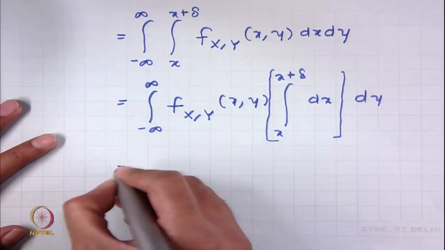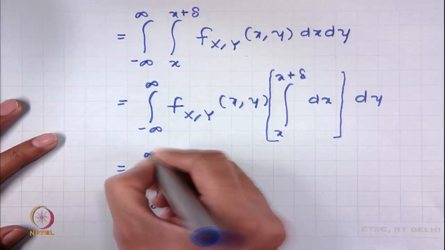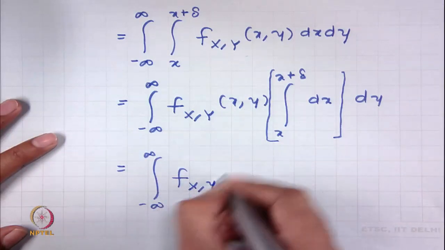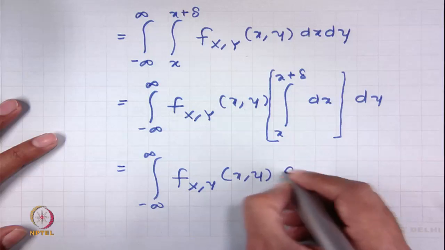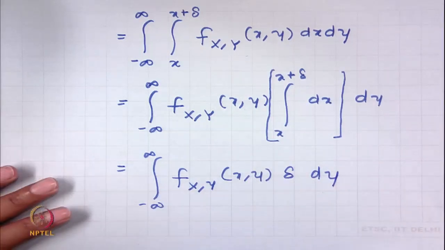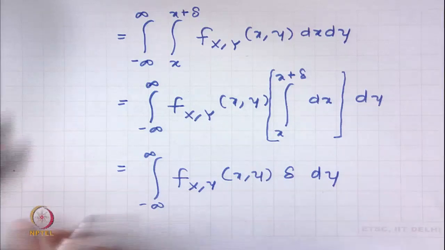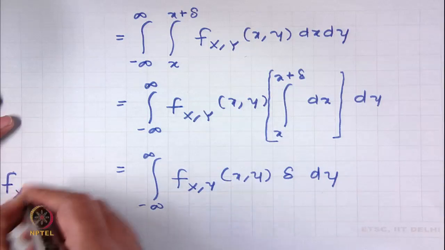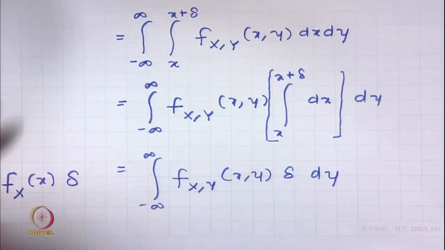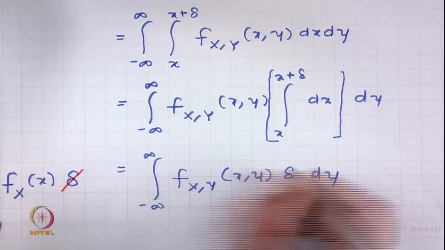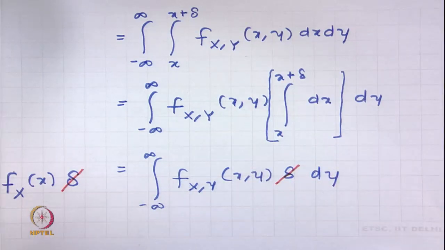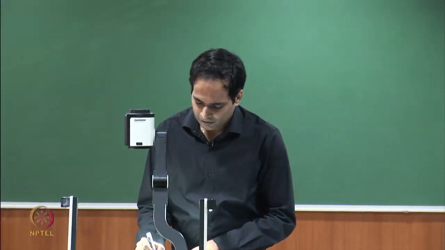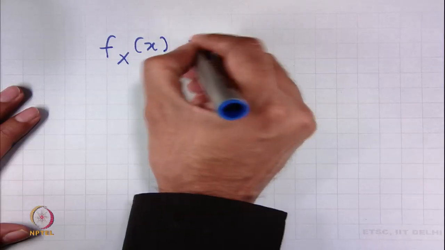And what I get is, okay. And if you look, that quantity in terms of the marginal PDF was this by definition. So, we can cancel this delta with this delta, and what you get is a very neat expression that the marginal PDF is nothing but